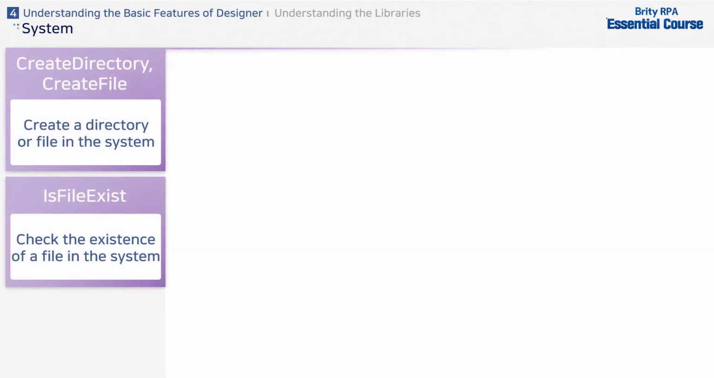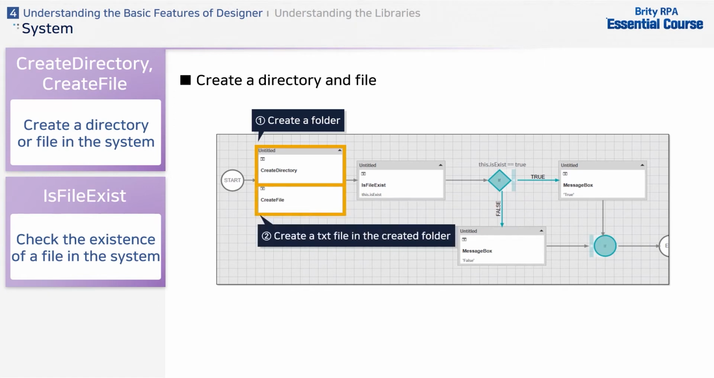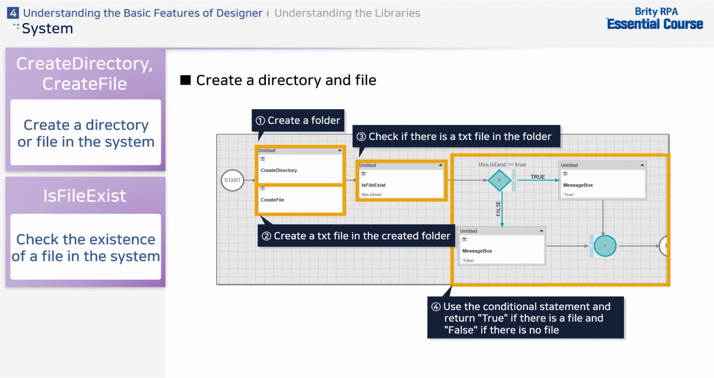Now, let's look at an example of how to use the System Library activities. First, we will start with the Create Directory and Create File activities. These are used to create directories or files within the system, and the IsFileExist activity is used to check if a file exists in the system. For example, create a folder with the Create Directory activity, and create a random file with the Create File activity. Then, check if the file is in the folder with the IsFileExist activity, and set to Output with the Message